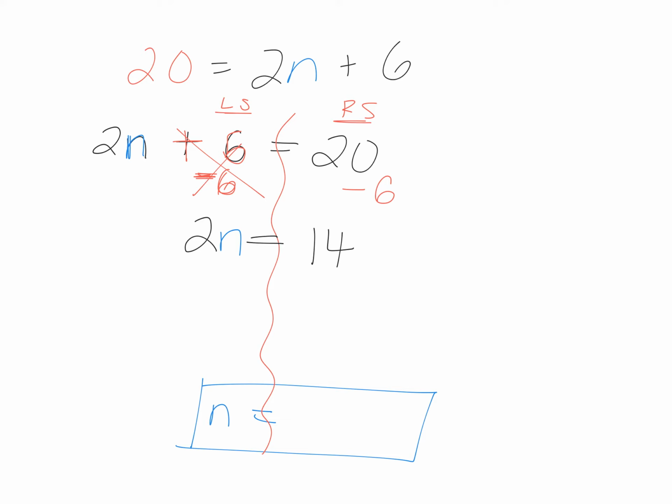Again, we need to undo the operation that's there. Well, here you did the opposite. What's the opposite of addition? Subtraction. What operation is 2n? Multiplication. What's the opposite of multiplication? Division. So if I divide this by 2,